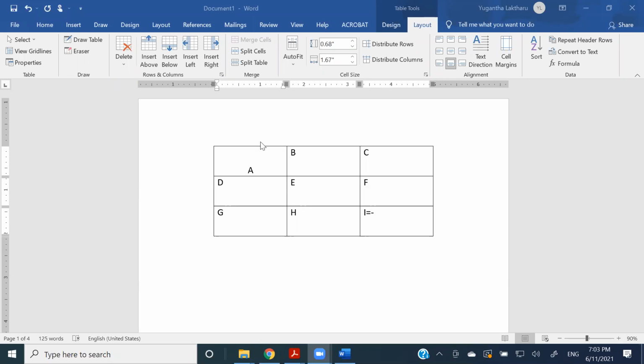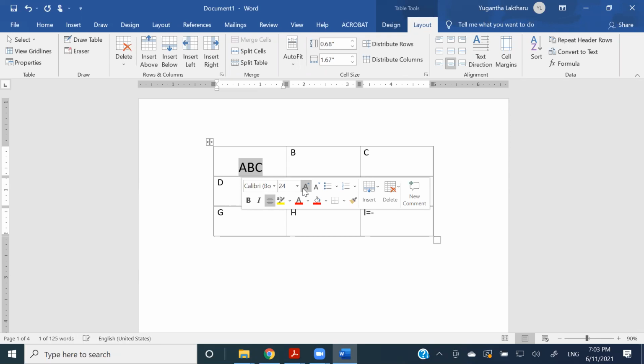So likewise, you can change the positions inside a particular cell, right? And we can turn the content inside a cell in particular directions, right? So that is defined by the text direction, right? So if I put the word ABC right over here, if I make it a little bit bigger,